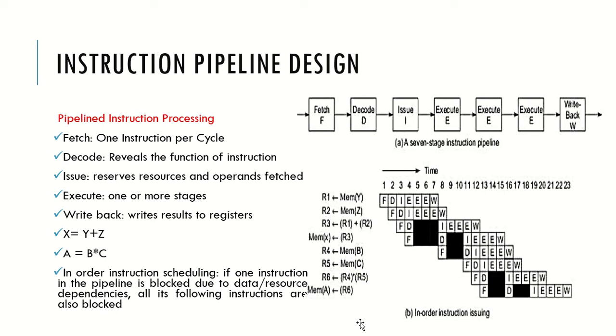So what happens here is the instruction was actually X is equal to Y plus Z. So X, Y and Z are actually memory locations. So you get them copied into the register, get the operation done and store the result back to the main memory. So that is in the case of first four instructions.